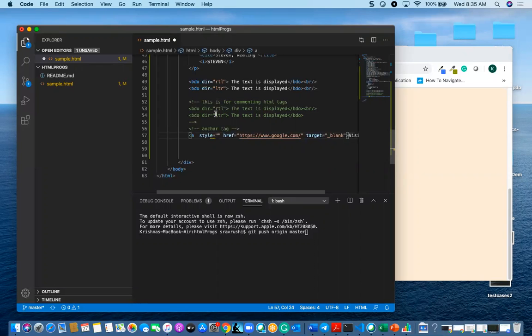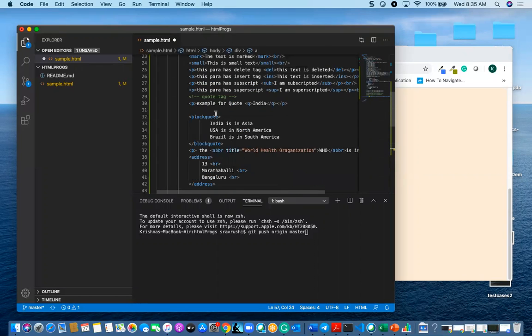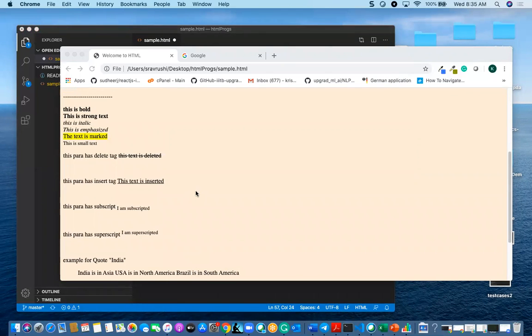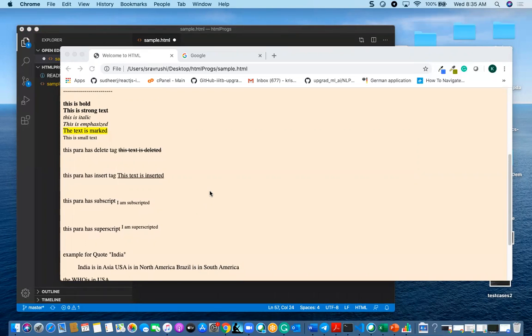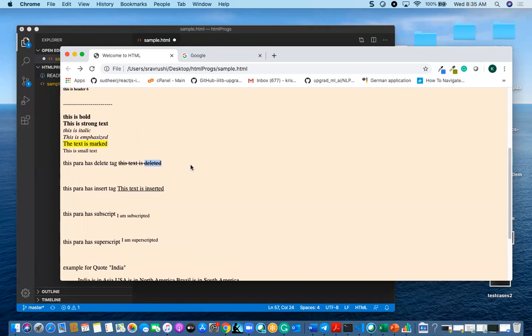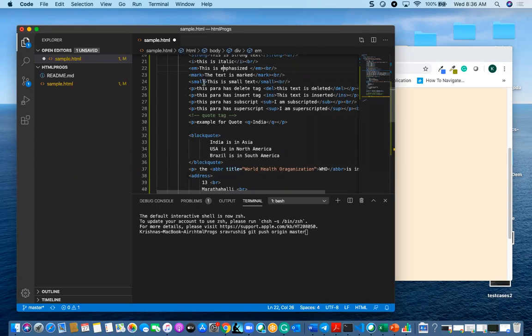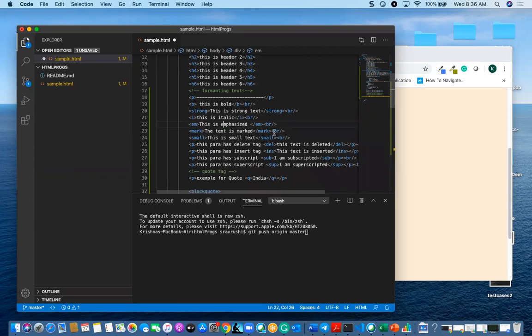The delete one means it is striking out, like that. Strike is a separate tag. I think it is similar to the delete tag. Once you try, there will be some difference between strike and delete.